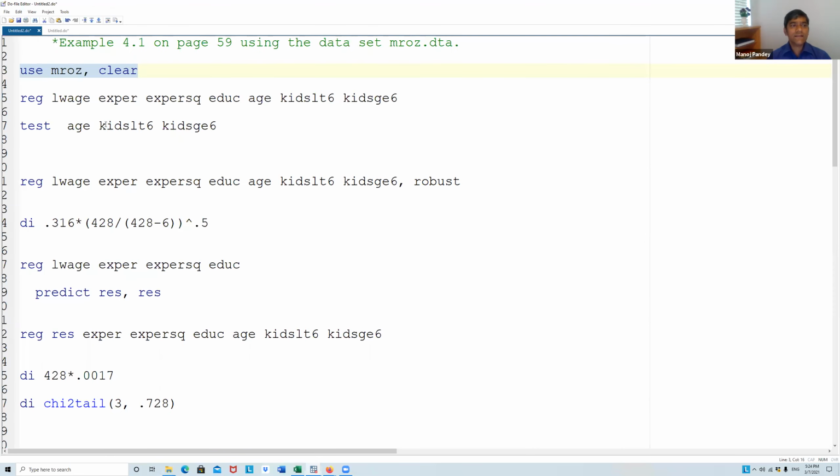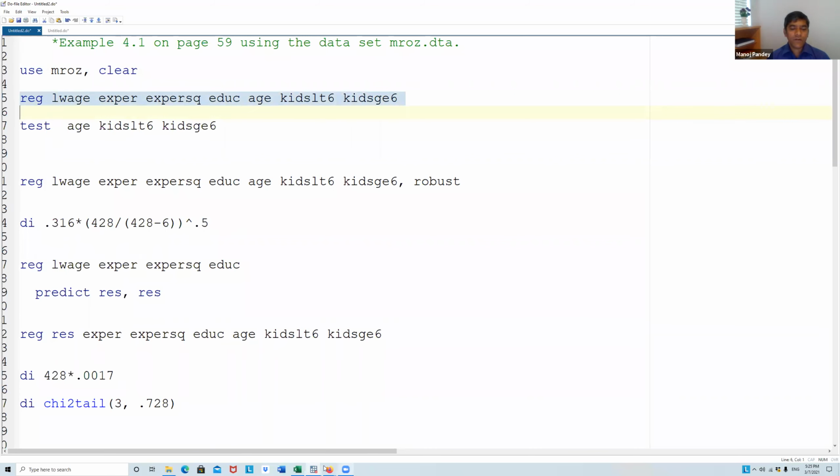Then in the next step, this is the REG command, taking log of wage as the dependent variable, and experience square, education, age. I don't know what this variable is, I'll see the label. And kids is above 6 or below 6, maybe below 6. So this is the regression we are doing.